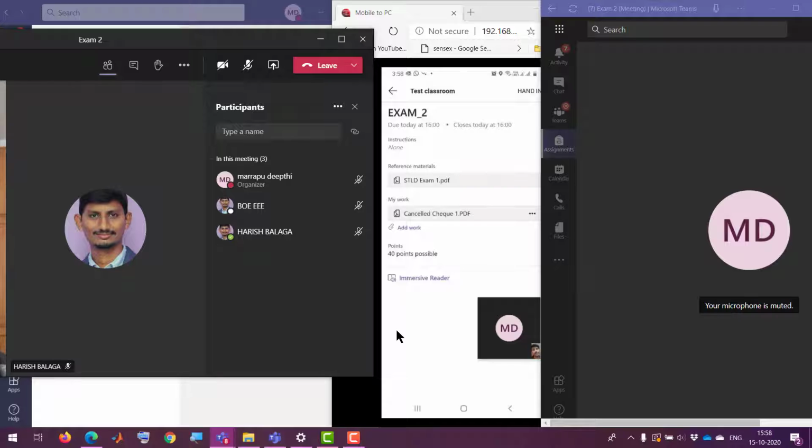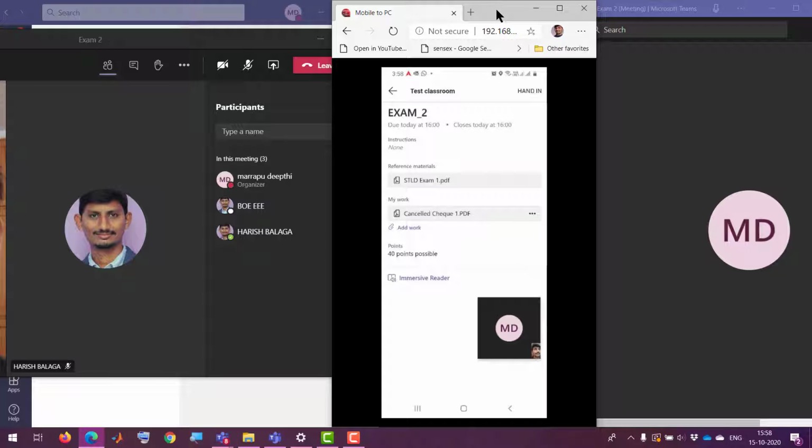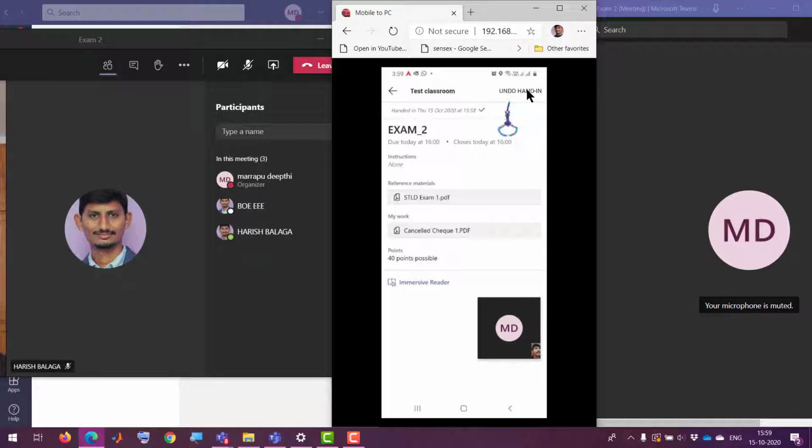Most of the students think that they have uploaded and that's all over, but unless they click this hand in button at the top right corner, it is not done. Till then, students cannot assume that their answer script is submitted.